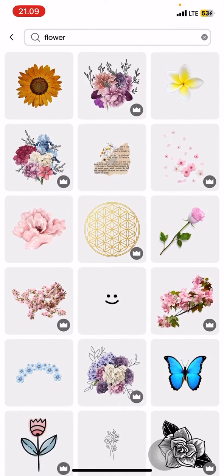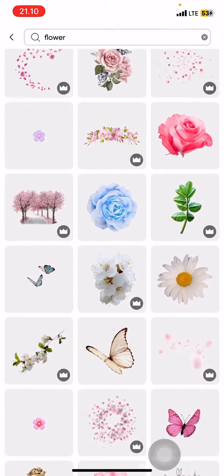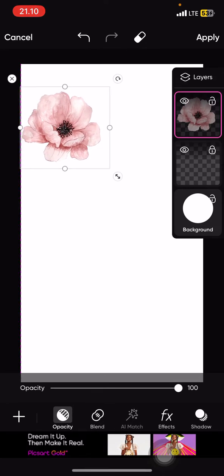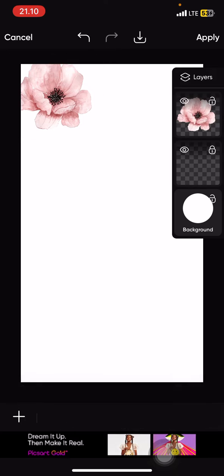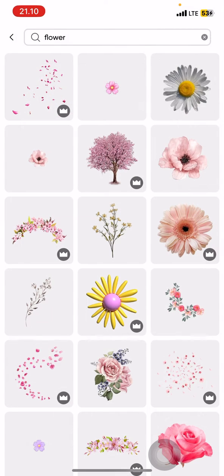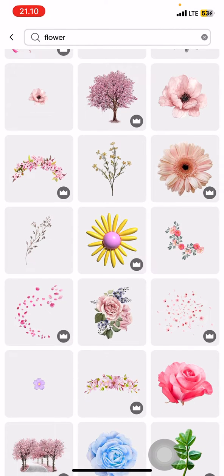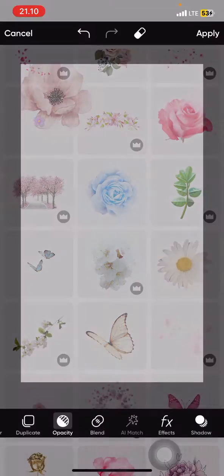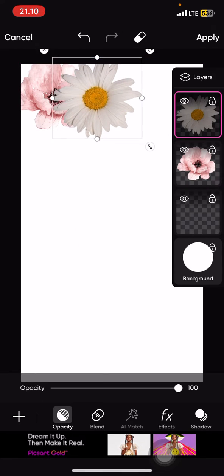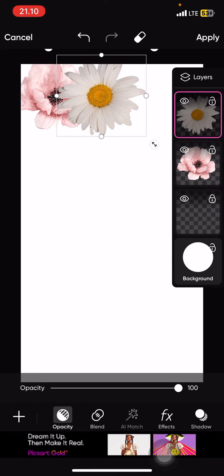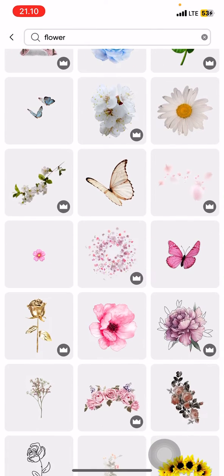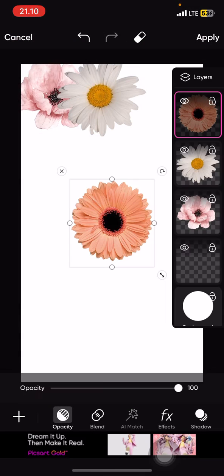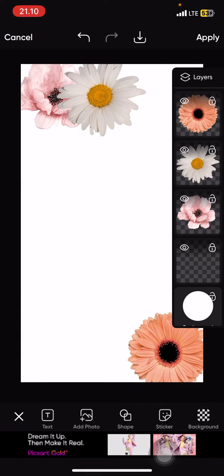I want to make it aesthetic, so I will make a crowd of flowers. I think I will add several flowers here. Go add another sticker, find the best flowers that we can get here. Let's just do those type of things for the rest of the picture, and after you're done you just need